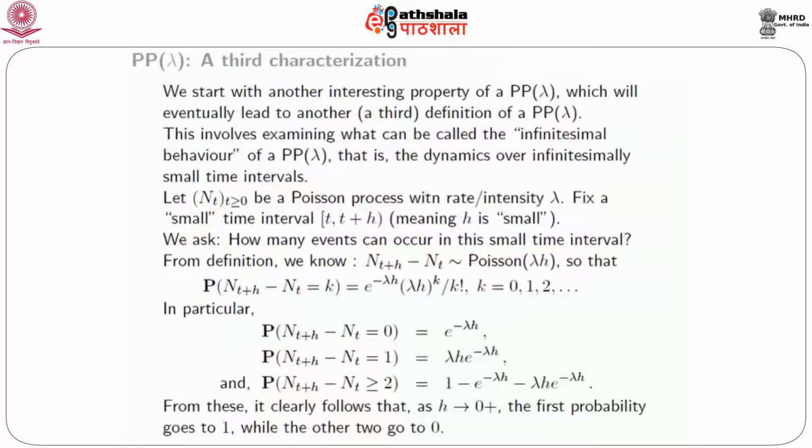And if I club together and look at the probability that N(t+h) minus N(t) is greater than or equal to 2, that is, 2 or more arrivals in this small time interval, that probability would of course be 1 minus the first two probabilities, because that's the complement of there being 0 or 1 arrivals. Okay, now from these expressions it should be clear, our aim is to look at small h. So in principle we would like to ask what happens to these quantities as h gets very, very small, that is, as h goes to 0 plus.